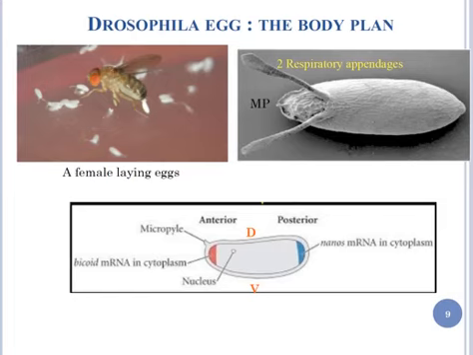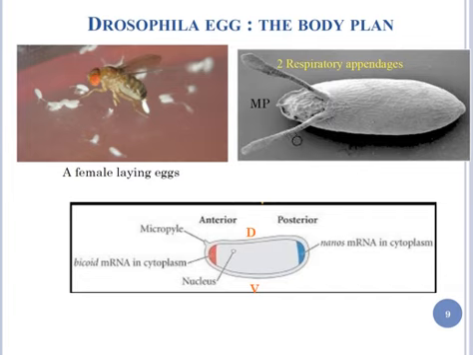So here you can see in an agar plate a female laying eggs. Eggs are very small in size, and if we look at them under the electron microscope, you can see here the anterior side, the posterior side, and dorsally we have one pair of respiratory appendages at this stage, and these respiratory appendages have important roles in respiration, since the trachea, the main respiratory organ, is not yet formed